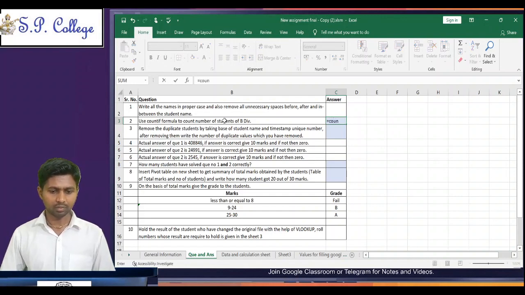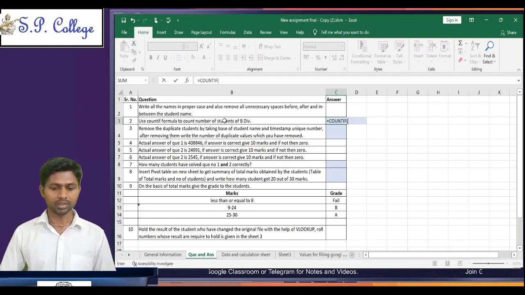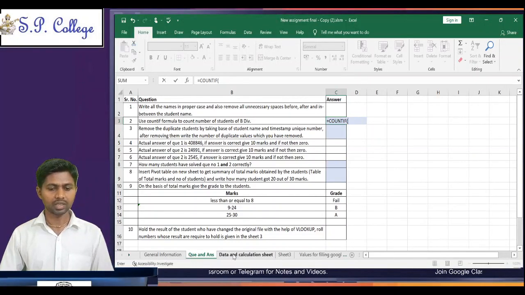We are interested in counting. Now say COUNTIF, then enter. Now Excel is asking you for the range. Whatever Excel is asking, you have to provide that to Excel. How? Where is that range? From which range is Excel asking